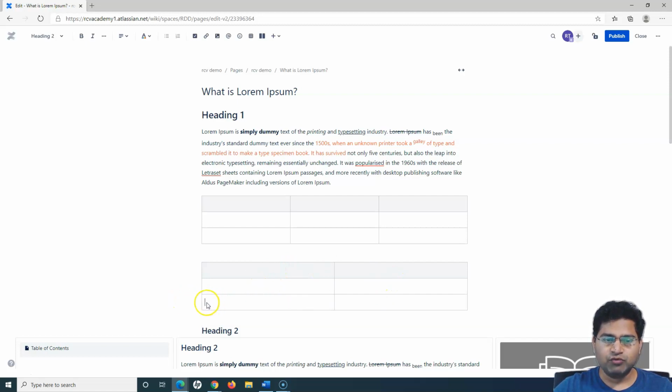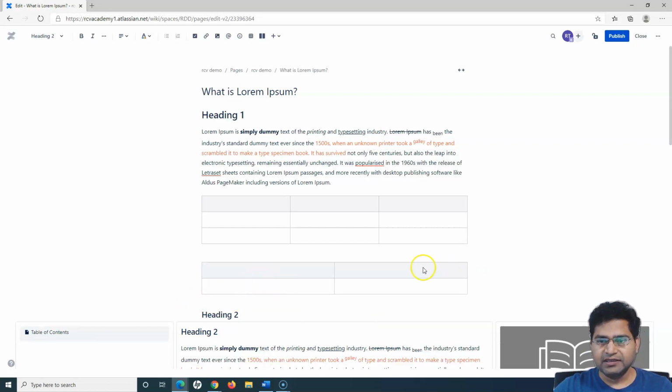If I want to remove a row, I'll highlight the row on the left hand side of the row, highlight the whole row and click on remove row, or there is a shortcut as well to remove the row. Okay, so I'll click on this remove row,